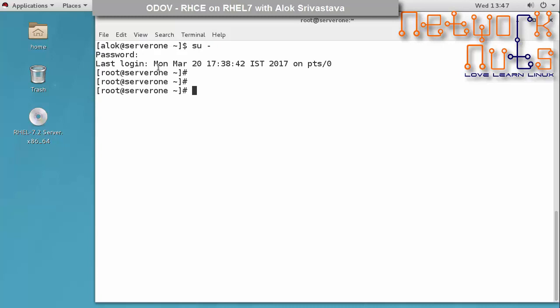So why should I use more user accounts? Number one, users and groups are the core element in controlling access to your RHEL server, because I won't be interested in sharing my root password with all of my employees. It's not a good idea, not at all. So what I should be doing, being an admin, is creating their respective user